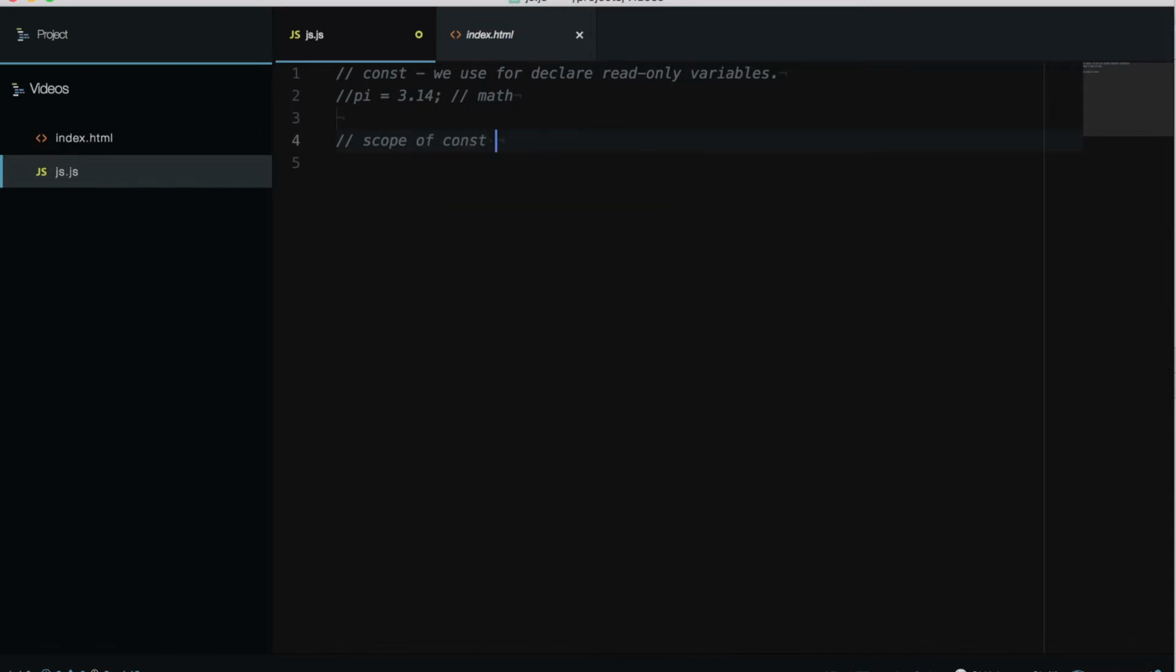So the scope of const is block scope, like this. That means that the scope is only inside the braces here, the pair of braces. Let's see one example. If I have my const pi here, 3.14 for example, and I have my function here,